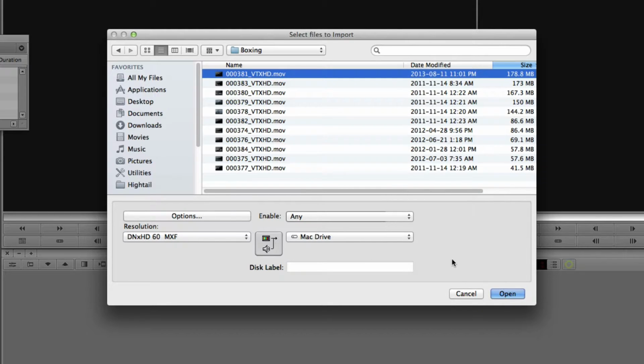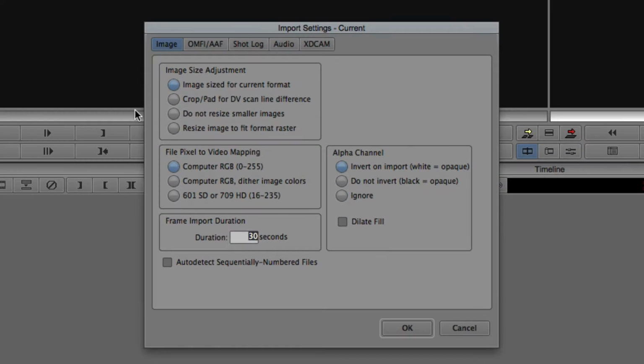But in most cases, where you're going to be going back and forth is the options button. I'm simply going to click on options. Once I'm in options, for the importing process, you're really going to be looking at this one main screen. Now, the first section is specifically for the image size adjustments, meaning that if you're importing a clip that matches the current resolution of your project, in most cases you're just going to stick with image size for current format. Now, if you're dealing with standard definition and you're importing DV clips into an NTSC 720 by 486 project,